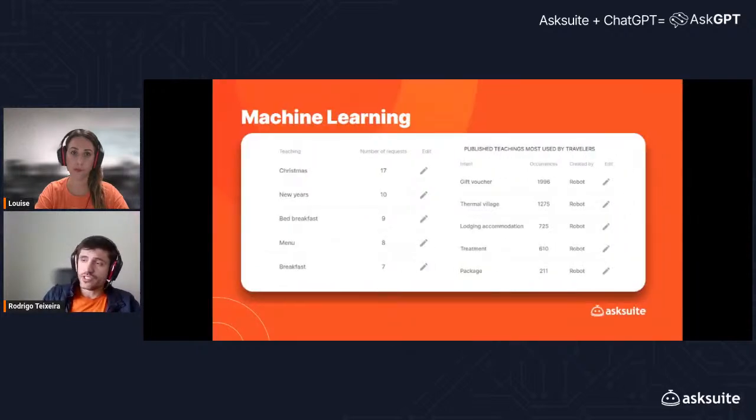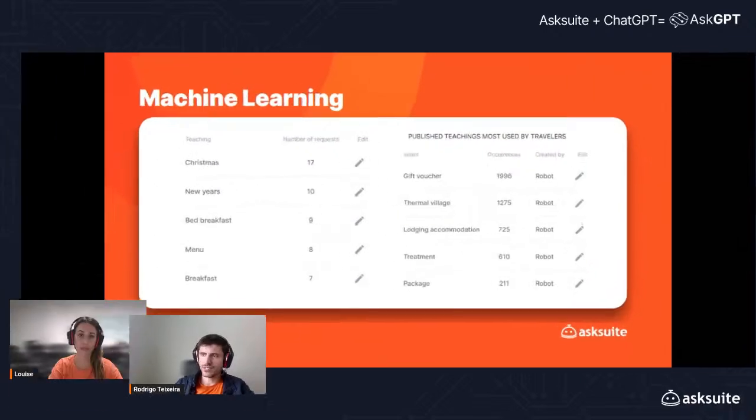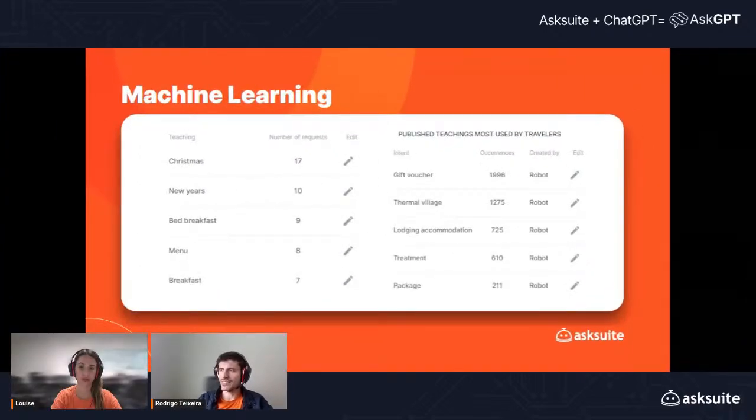Great. And just an important reminder to our clients, we already have a machine learning algorithm on our artificial intelligence dashboard. So here in this image, on the left side, our customers can track every request that the AI is receiving and doesn't have the knowledge to respond. Then we notify your property to add the correct responses, now on Teach Robot and on Ask GPT, or both. You can add on both algorithms too.